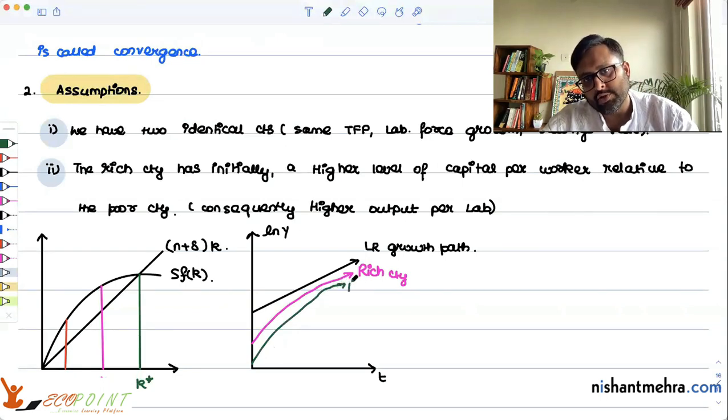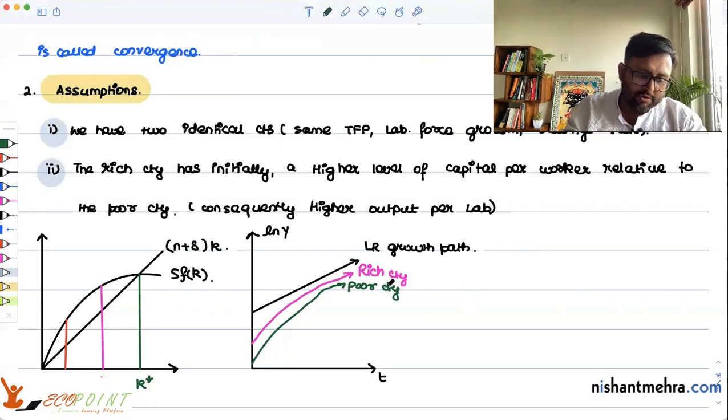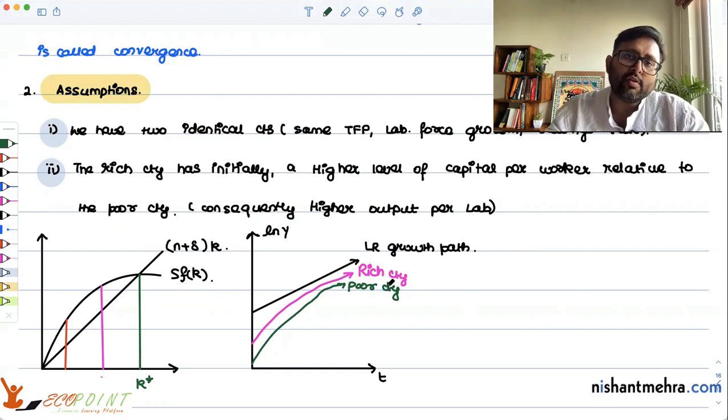Will also converge toward this way, right? So what you're trying to say is that the countries which have the lower output per worker or income per worker, they have higher growth rates in income per worker. You get the point? You want to see the negative correlation between the level of income of the country and